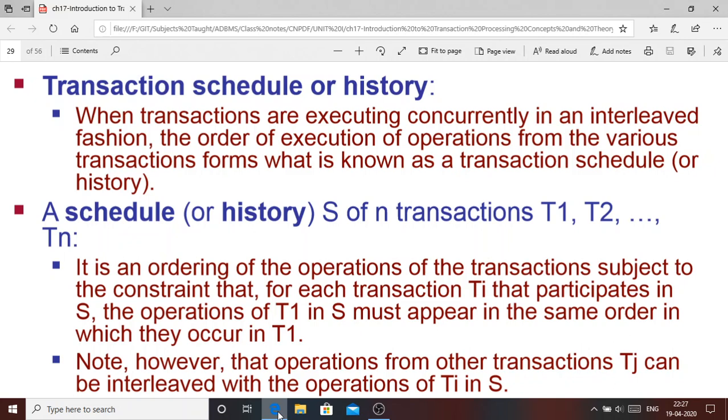Students, today in this lecture we are going to discuss the transaction schedule, or the history of transaction execution. Now, what is a transaction schedule? We are basically talking about huge multi-user databases. A transaction schedule is a schedule, or execution, of the operations within the transactions for a large number of transactions which are concurrently submitted to that particular database.